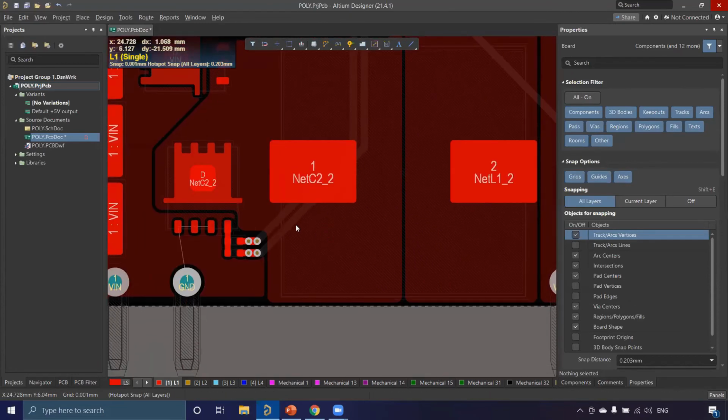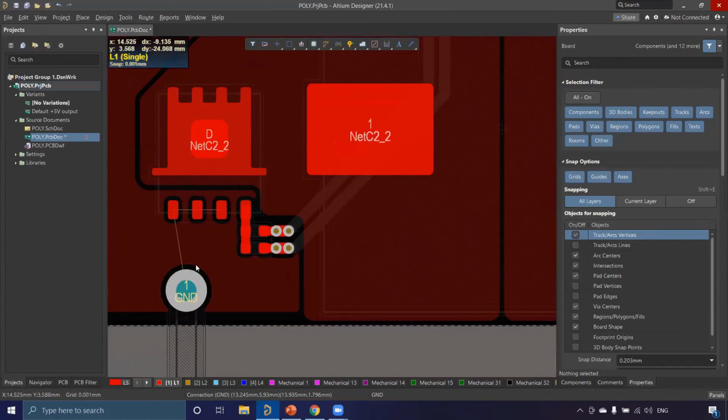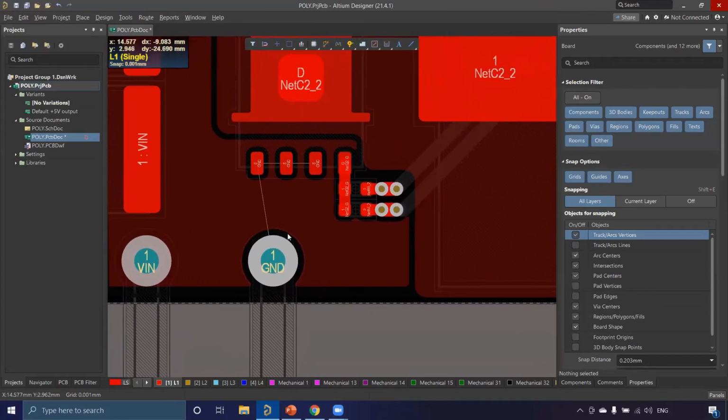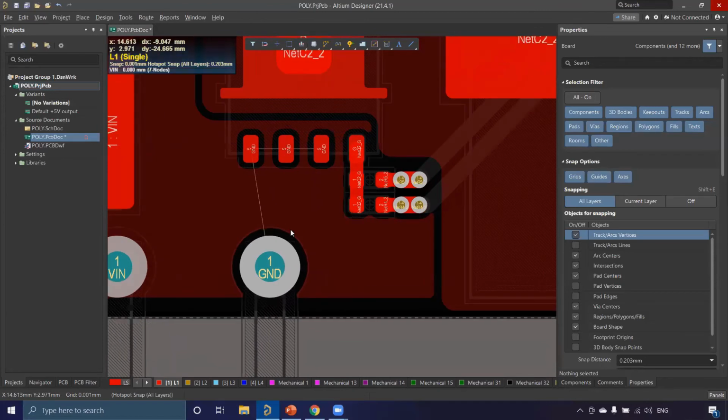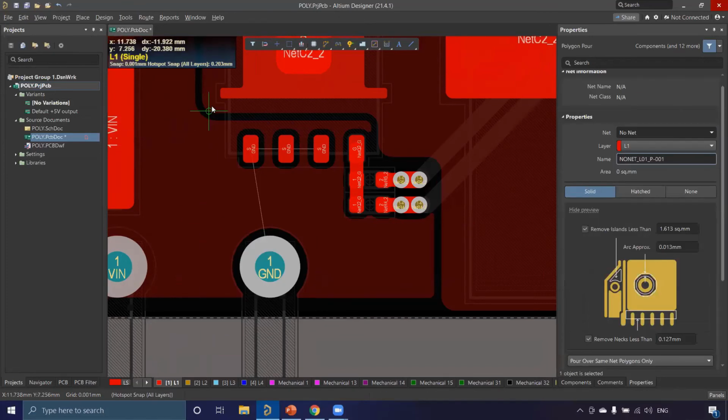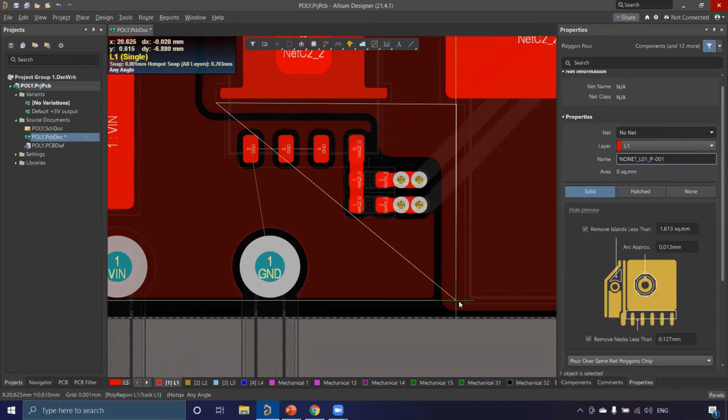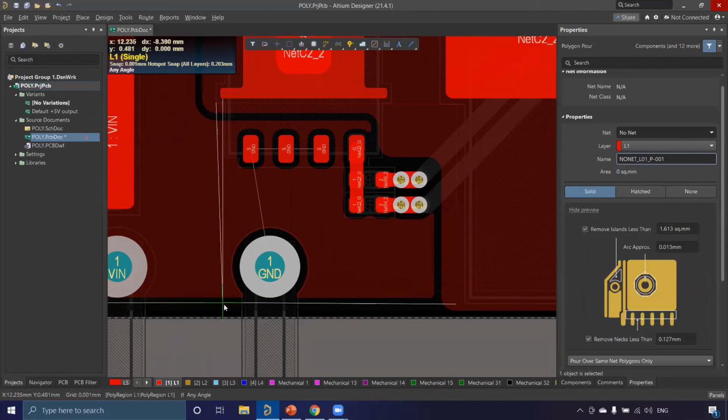Next one we are going to see is I'm going to draw one more polygon here and then show you how to assign the priority. Okay, front to back or back to front. So to do that, let me draw a copper here. Again, P, G. So I'm going to draw the polygon here. So in this area.